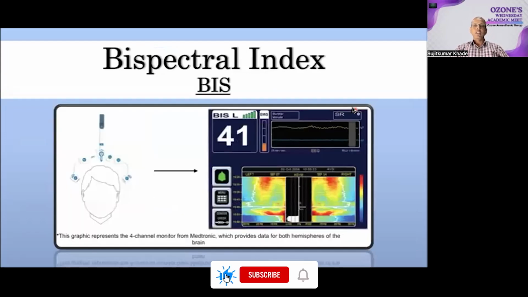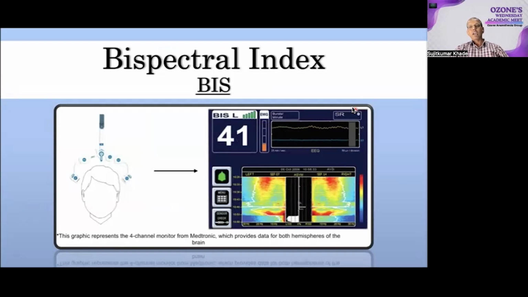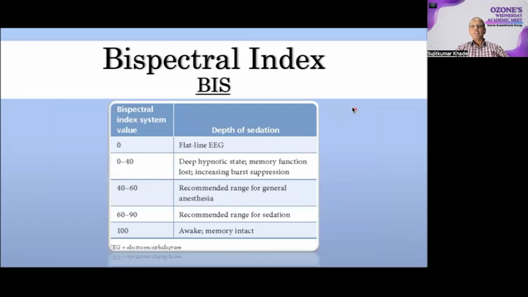BIS is a processed EEG indicator of hypnosis where 0 denotes the isoelectric state while 100 denotes the fully awake patient. The BIS uses frontal EEG electrodes and signal processing. BIS can be used regardless of anesthetic type, whether it is inhalation anesthesia or TIVA. A BIS value of 0 represents persistently suppressed EEG activity and 100 indicates a fully awake state. A target range between 40 to 60 is the proposed range in which patients have a lower risk of experiencing intraoperative awareness with recall during general anesthesia.